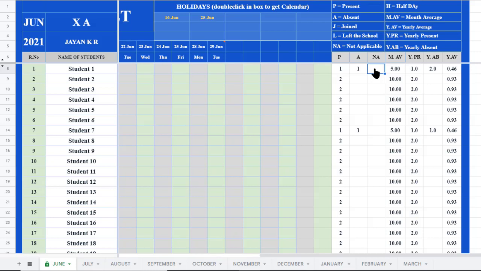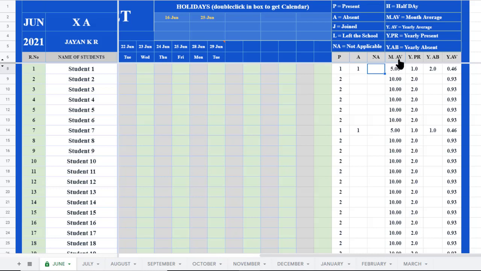The total number of working days will be reduced for those children, because school told them no need to come to school in specific situations. Maybe in the revision times, one group only comes to school and the other group need not come. In that situation you can mark NA for that child. According to that you will get all the details.